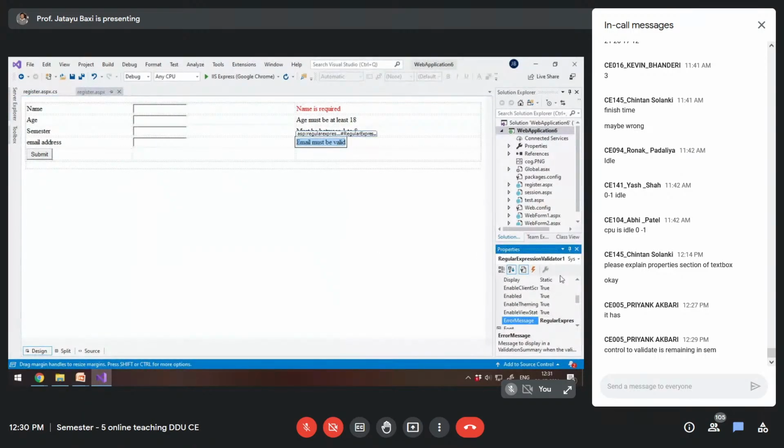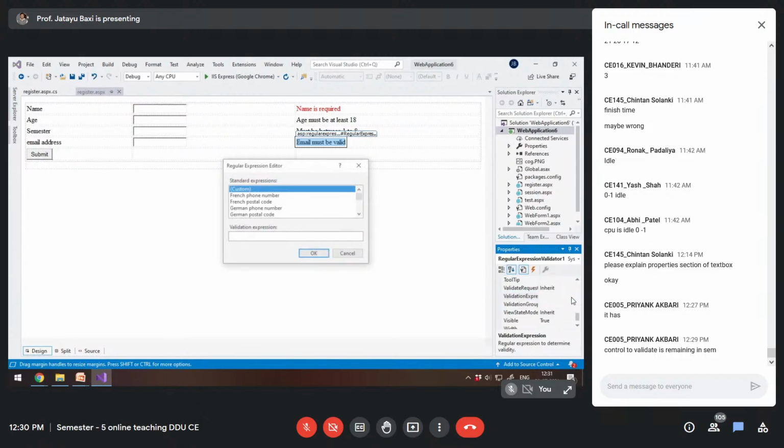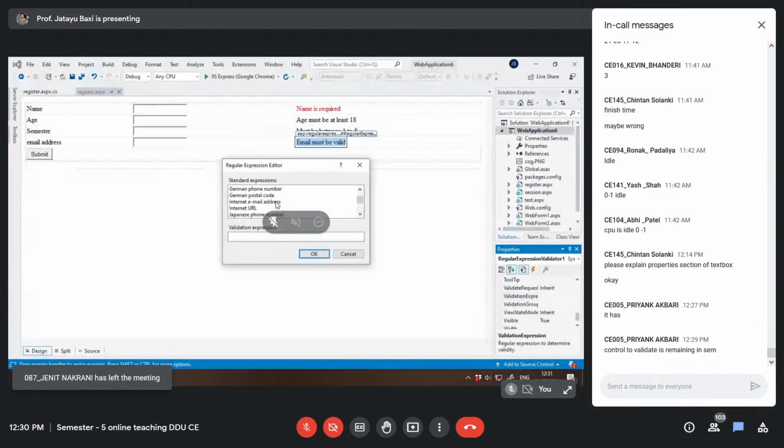Now the regular expression, right? What is the name of the property where you are setting the expression? That is validation expression. So if I click this browse button, for internet email address, this expression is already given.